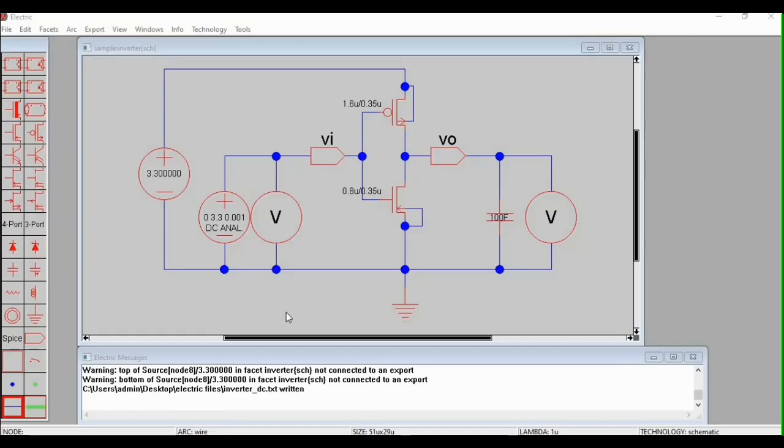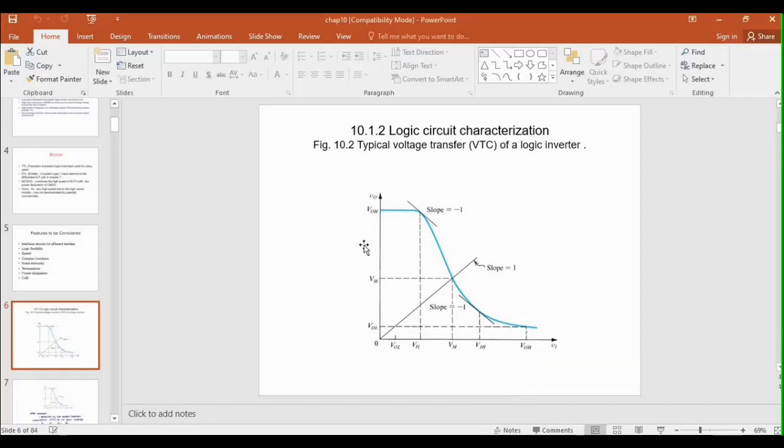So for the past few weeks, we've been familiarizing ourselves with the use of various softwares, and now we're going to put them into good use by solving certain circuit parameters, for example, in our inverter. So we have this output waveform.